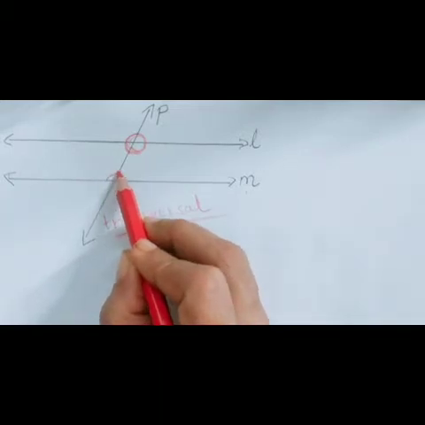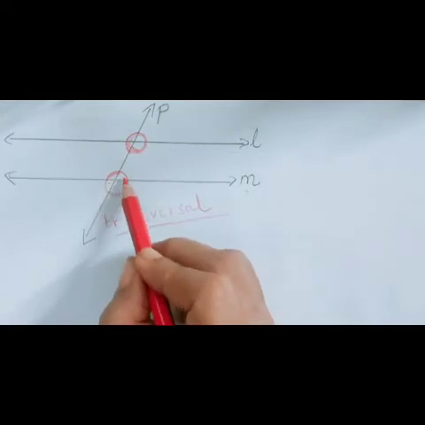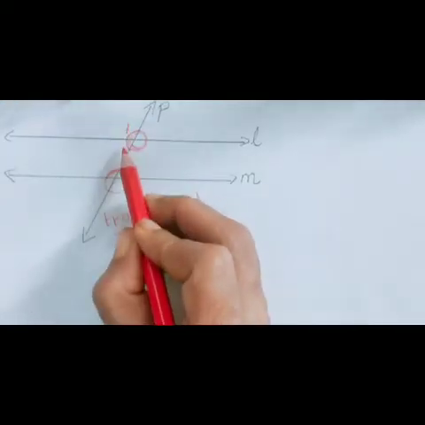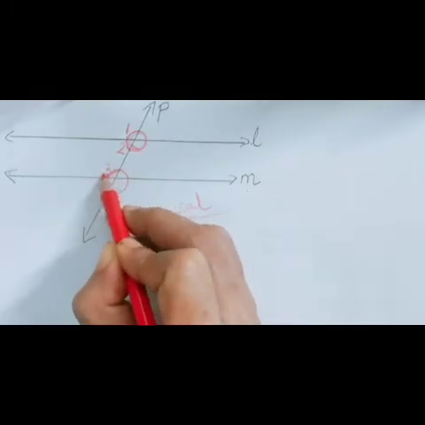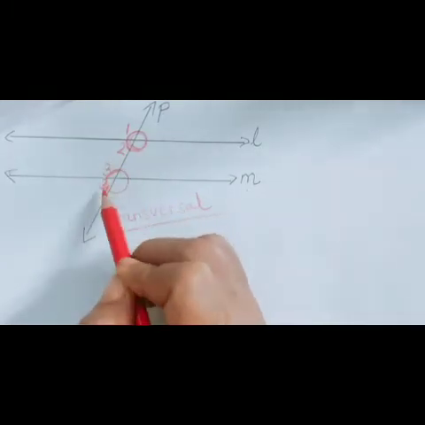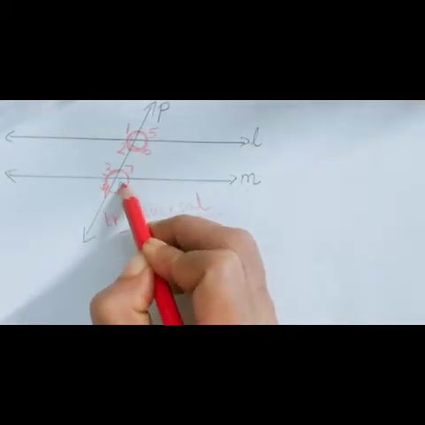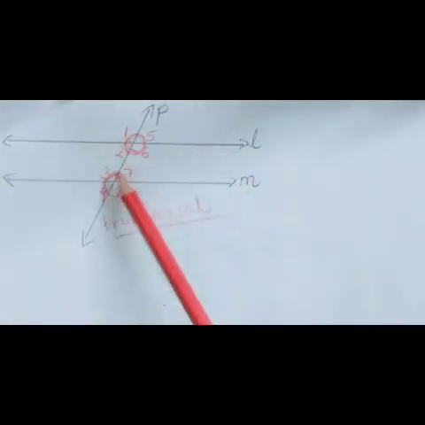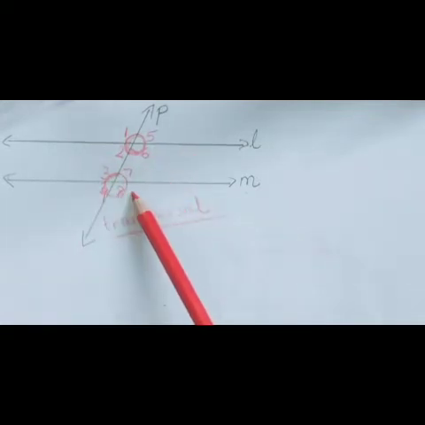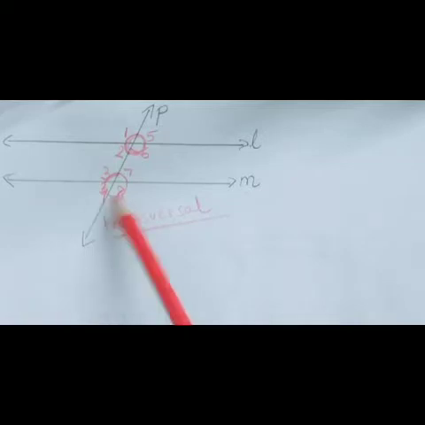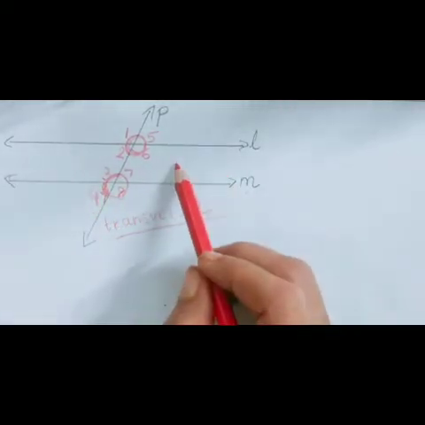3 and 4. So on one side, the left hand side of the transversal, we got 4 angles, and 5, 6, 7, 8 are on the right hand side of the transversal. The left hand side is marked with 1, 2, 3, 4 angles, and the right hand side is marked with 5, 6, 7, 8 angles. So when a transversal crosses two parallel lines, it forms 8 angles. Very important for fill in the blanks.